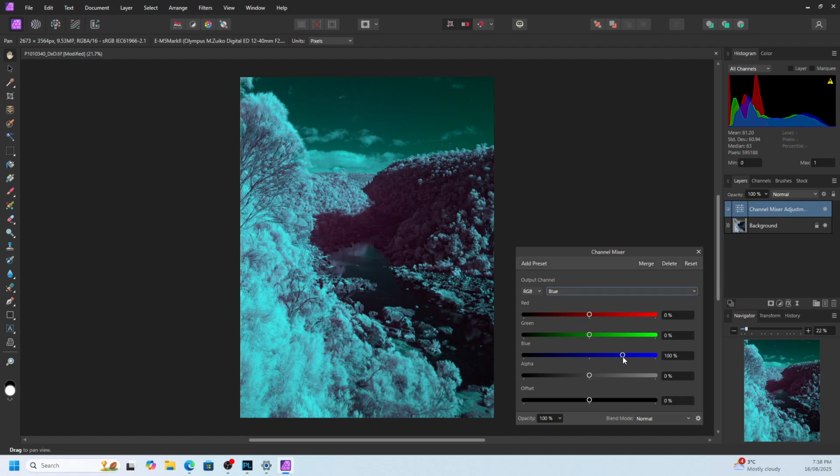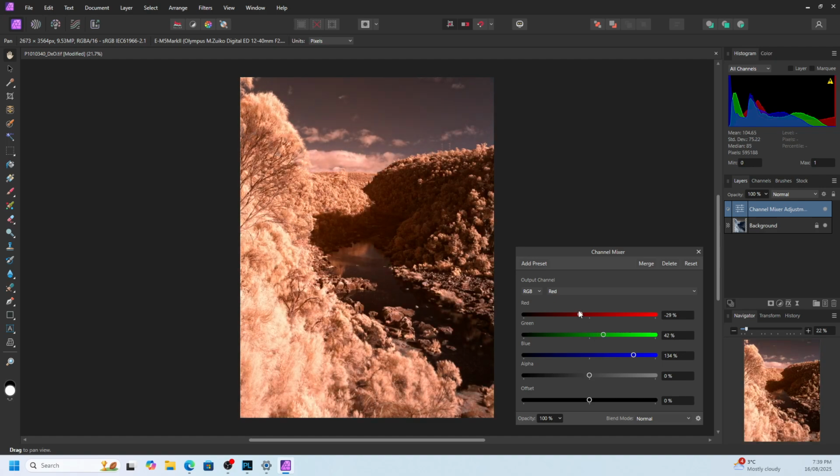We'll go to the blue, and we'll do the same, make the blue negative, make the red positive, and somewhere around here, depending on how far you go, you'll find a bit of a balance that gives you a blue sky. You might have to go back and forth a few times to get to the setting that you like. Maybe don't make the red as negative on the red channel, and you'll find that you end up sometimes adding a little bit of green to it, sometimes a little bit less blue. You'll find that somewhere there you'll end up with a color balance that looks